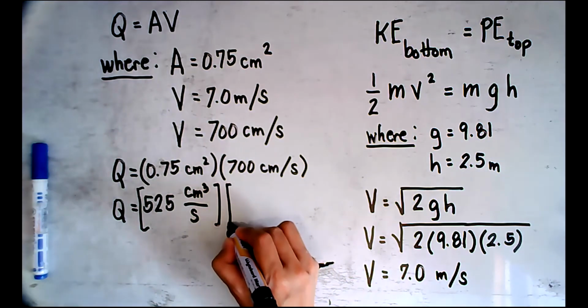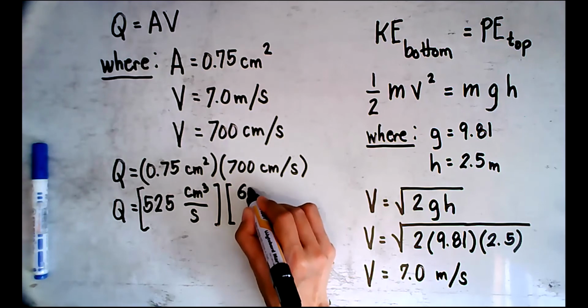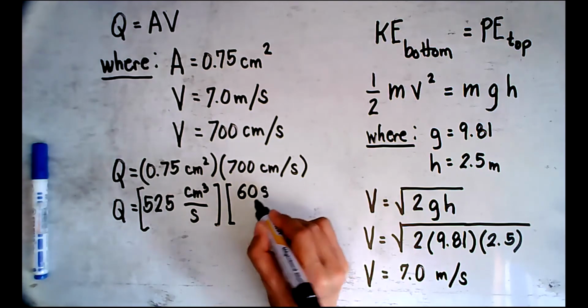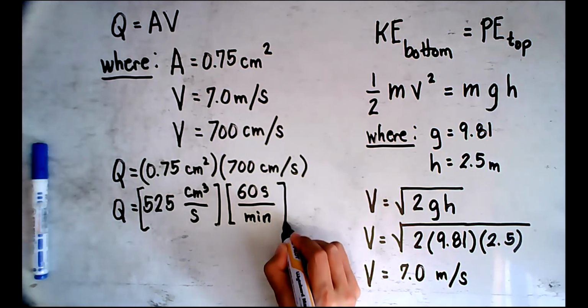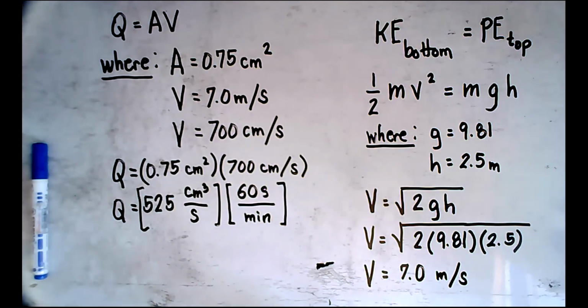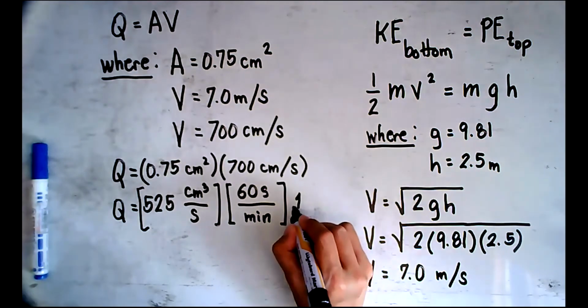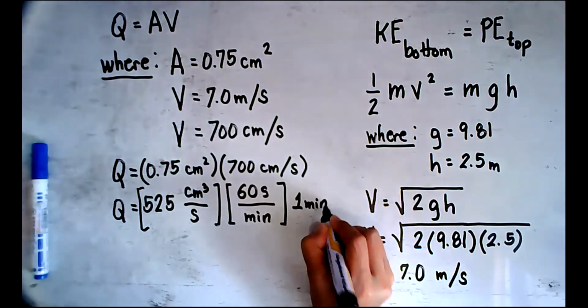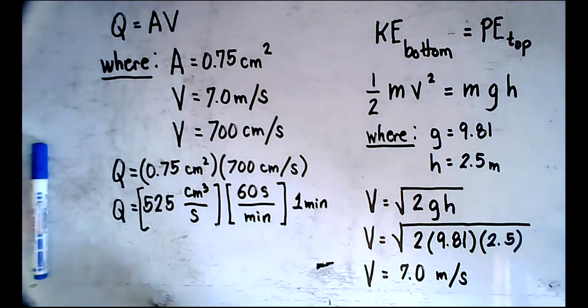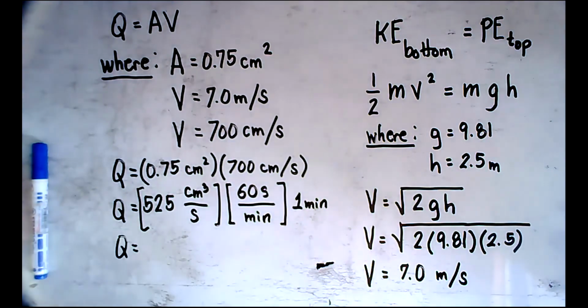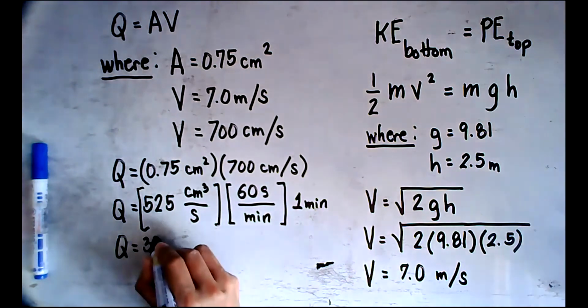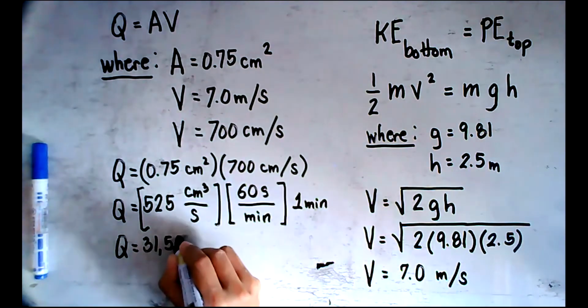We have 60 seconds for every minute, and since the question is the discharge in a minute, that would mean 1 minute. That gives us the value of Q, which is equal to 31,500